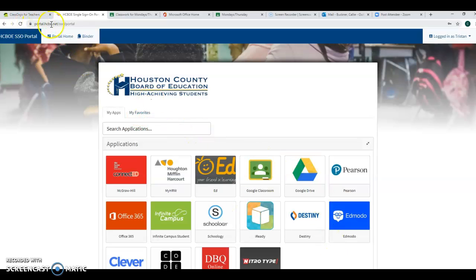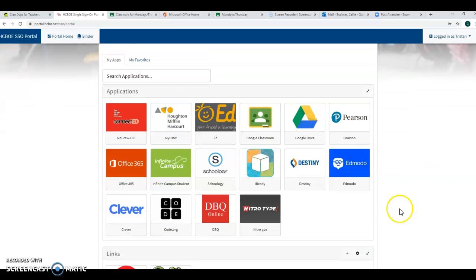But basically, they're just going to go to their SSO portal and use the login that I sent you on Dojo to log in, and it'll come up looking like this. I am on a student view, so she can see what her view will look like. So what she's going to do for today is click on Google Classroom,